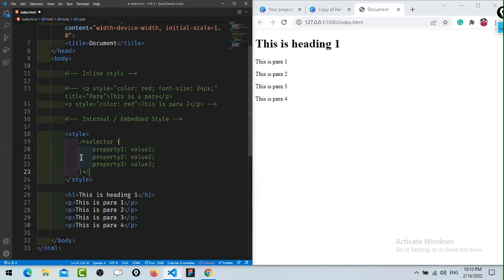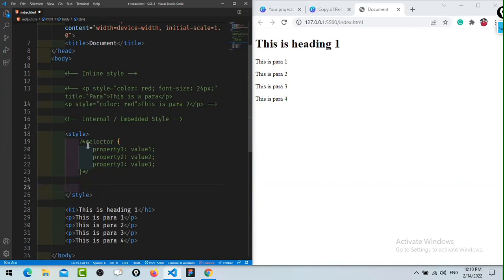Another way is also there that you can write comments in CSS, but that is not correct. I will show you. So now this is the syntax for comments. And here I have shown you what exactly the declaration block is, how to write the property and value, and how to select a selector. So the selector is nothing but